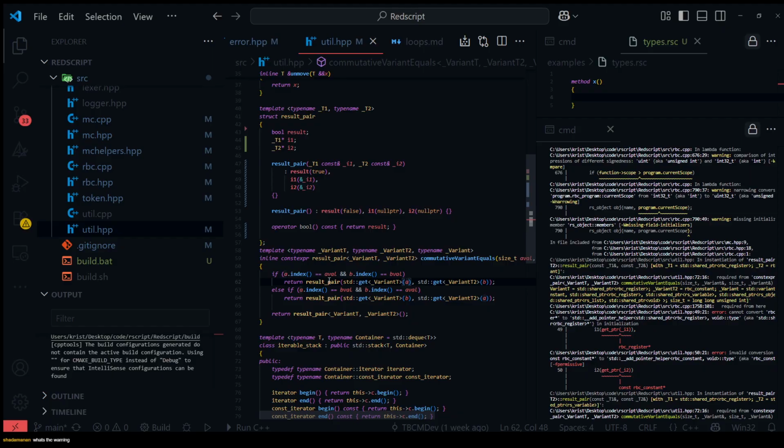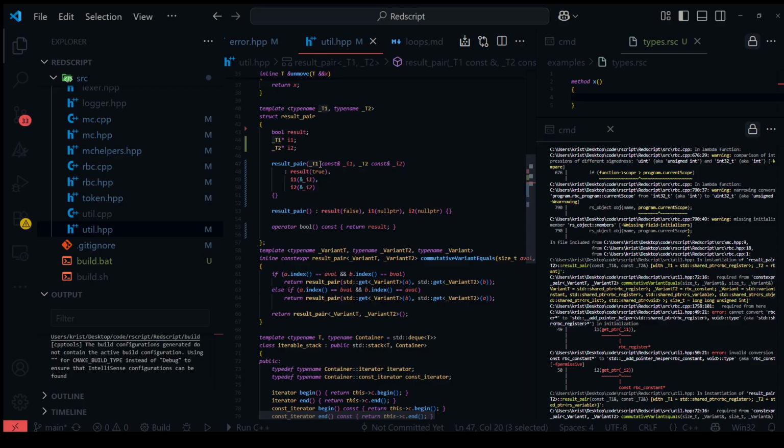What's the warning? The warning is that when I pass in one of the variants, the variant RBC value contains some straight objects like RBC constant, but it also contains shared pointers to things that need to be passed by reference. Do you get what I'm saying? So when I'm parsing the assembly instruction for a variable, I might need to modify some of the variable's contents. So it can't be passed by value.